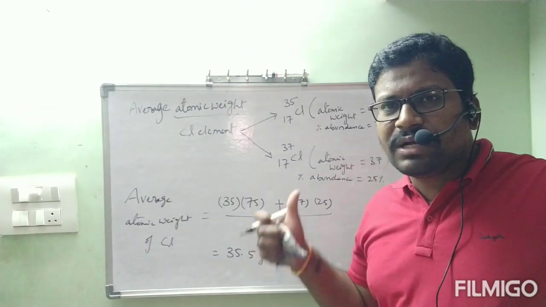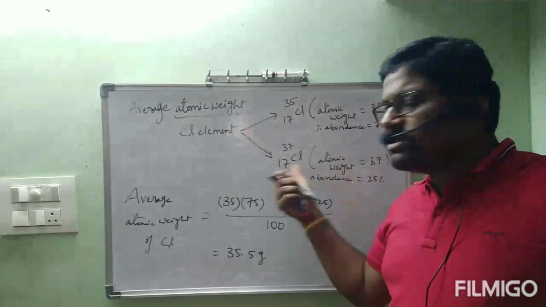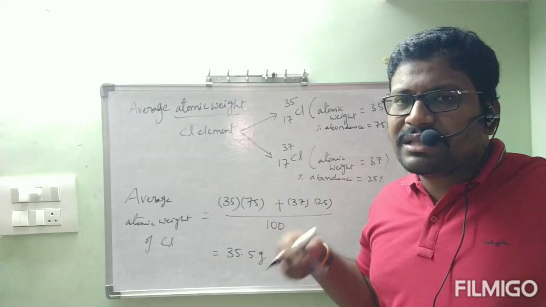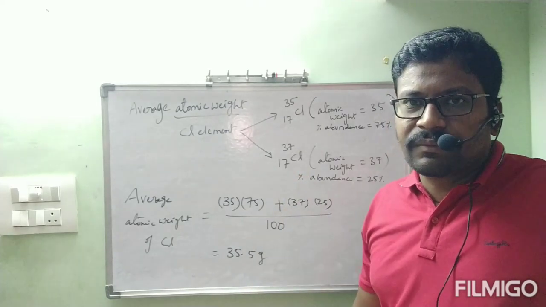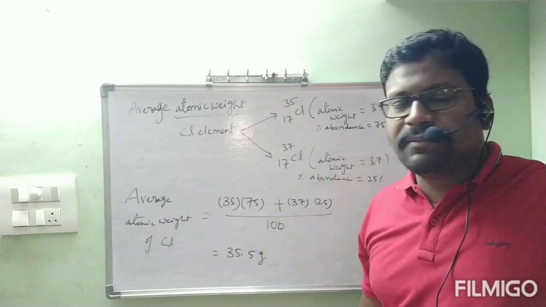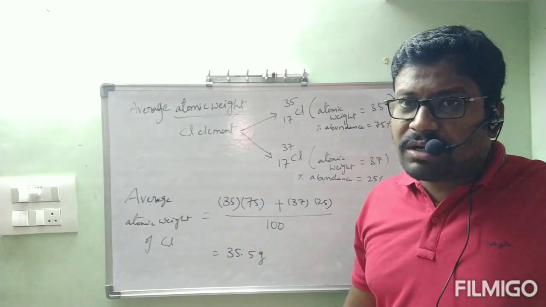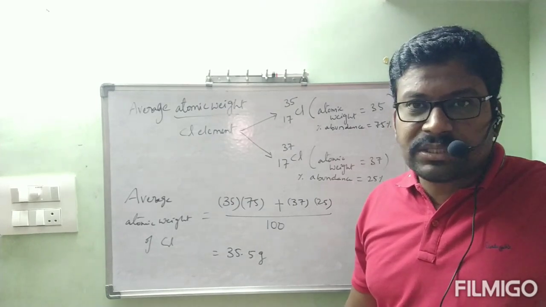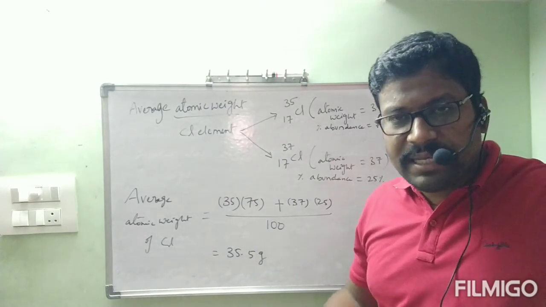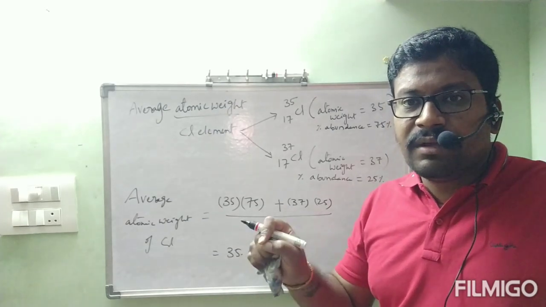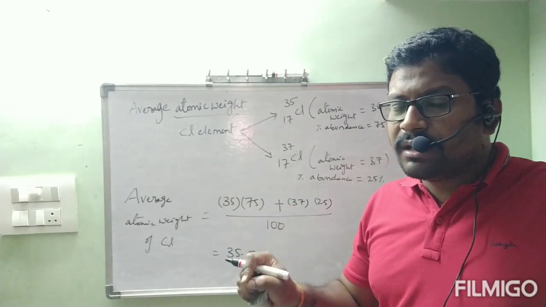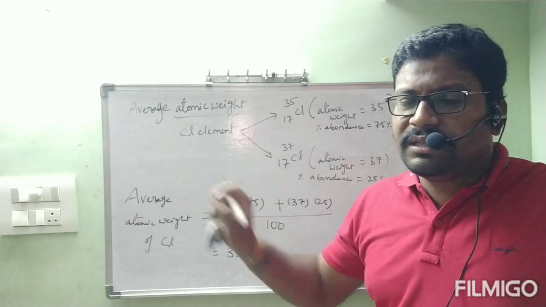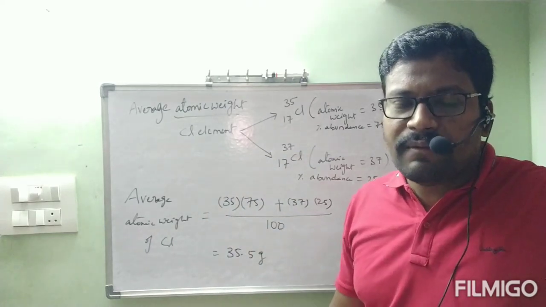But for chlorine alone we have to consider that abundance, because even this isotope is present in a considerable amount on the surface. That's why we have to consider this one also. Okay, ma'am? This is about average atomic weight. If you have any small doubts related to isotopes, atomic number, mass number, please don't get tensed. I will teach structure of atom. Once structure of atom is completed, you will understand every concept related to isotope, atomic number, mass number, everything. I will take care of everything.